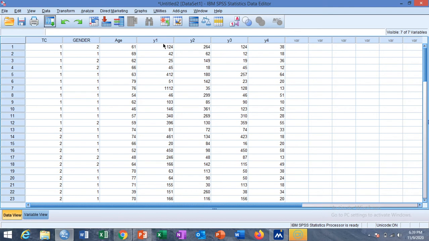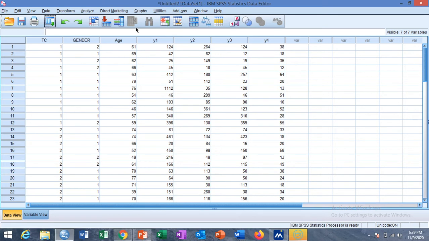We have four variables y1, y2, y3 and y4, and we want to compare the mean differences between the groups, for which we can take the gender or the treatment control group in this data. And we have four response variables or dependent variables.